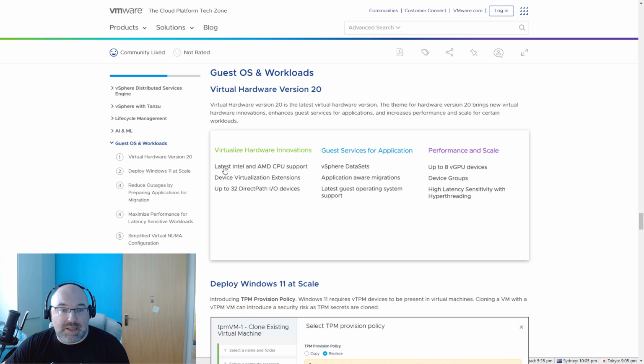So we can see that it supports the latest Intel and AMD CPUs, device virtualization extension, up to 32 DirectPath I/O devices, vSphere Data Share, application-aware migration. I will be talking about this in a few moments. Latest guest operating system support, up to 8 vGPU device groups, which I already talked about, and high latency sensitivity with